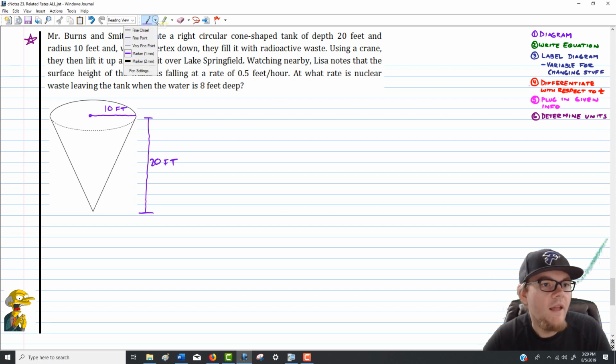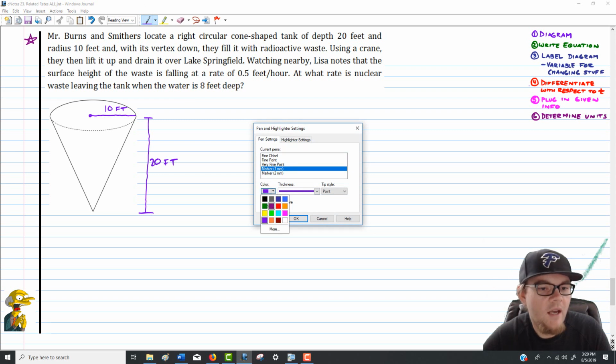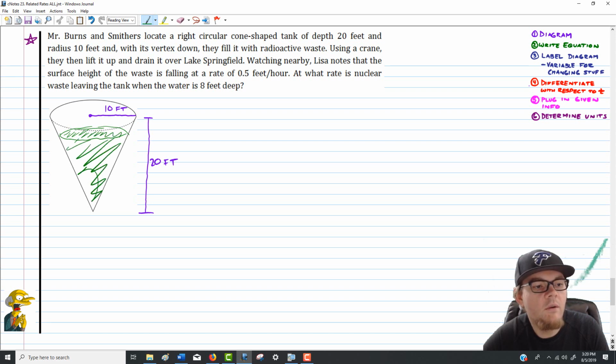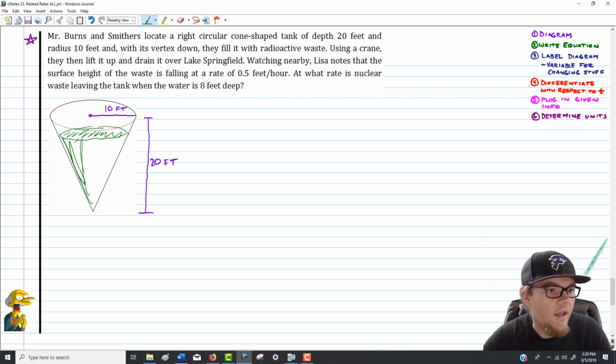So with all that stuff present, we have to kind of picture what's happening here. So there's already, when we start, some liquid inside this tank. And in fact, if we picture what that liquid would look like, it would look like it's sitting kind of inside this stuff. So all of this is liquid waste. And I'm making it kind of a radioactive green because if you ever watched The Simpsons, Springfield has a nuclear power plant. So with this in place, their idea here is that as this liquid drains out into the lake,